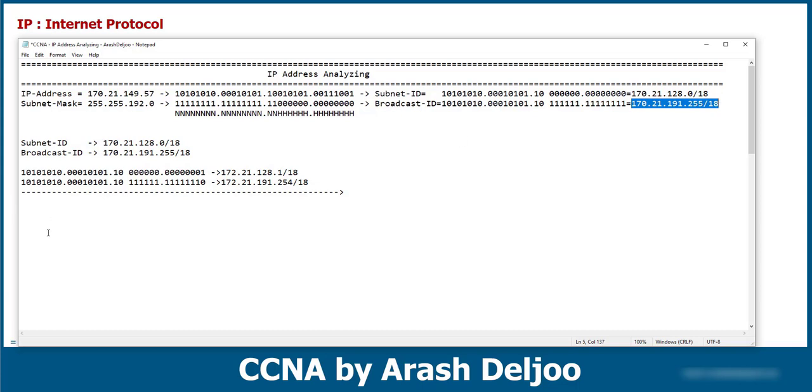Okay, but let me give you another method. Maybe it's easier for you. Look here, for finding the subnet ID. First, let me talk about how we can find the subnet ID of one IP address more easily. Let me try the IP address 172, okay, 172 to 170, then